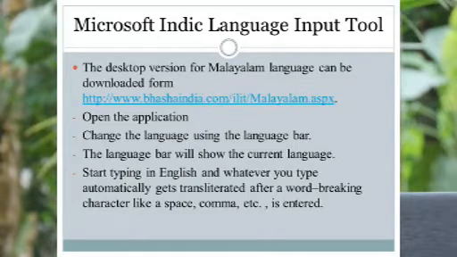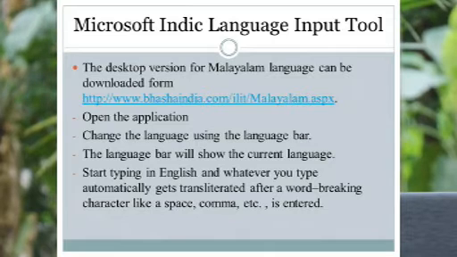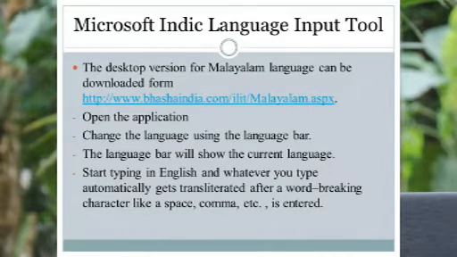Note that this language setting is per application. You may have to repeat the steps above for each application you want to use Microsoft ILIT with. We can see the visual keyboard there, and its picture is on page number 337.